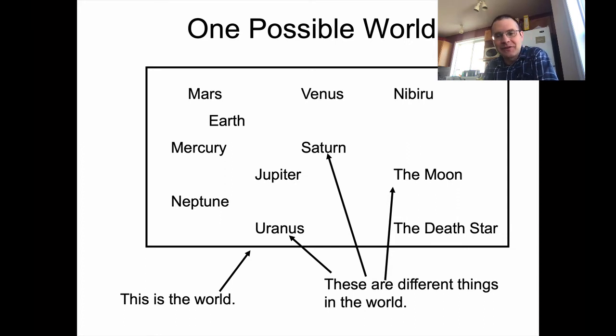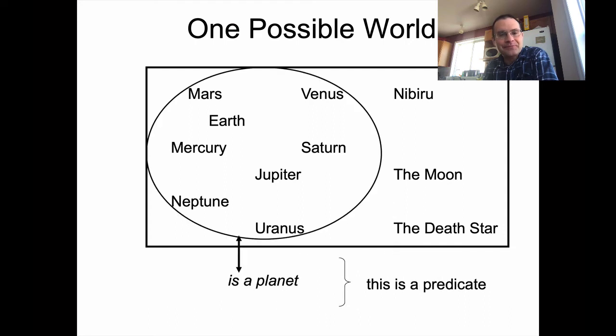I guess these are 11 different things, like Mars, Earth, Jupiter, Saturn, so on and so forth. Those are different things in the world, and some of them are planets. So this particular collection of items are planets. They're combined together in a set, and we can refer to that property that they're planets as a predicate. So when I say something is a planet, this is the whole predicate I'm referring to, and these individual things happen to be planets in this particular world, these particular